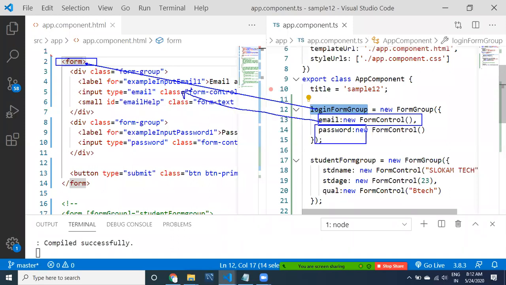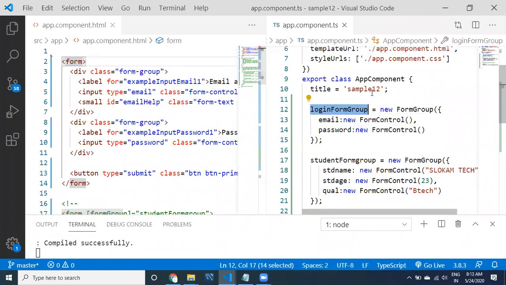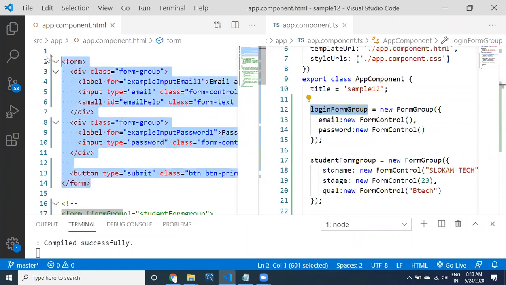We have two inputs, meaning two text boxes: one text box is related to this form control, and another text box is related to the other control. This way the form is attached with a reactive form. This can be called a reactive form group.